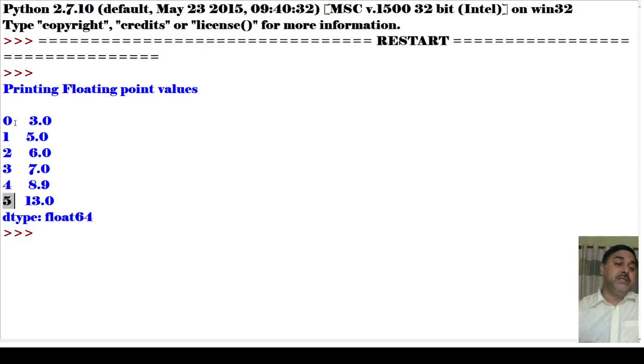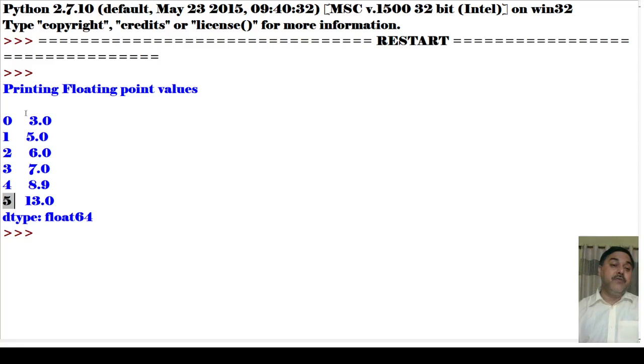What are all these? These are the default index, which has been given by the program itself. I have 6 values, so it will not start from 1, it will start from 0.